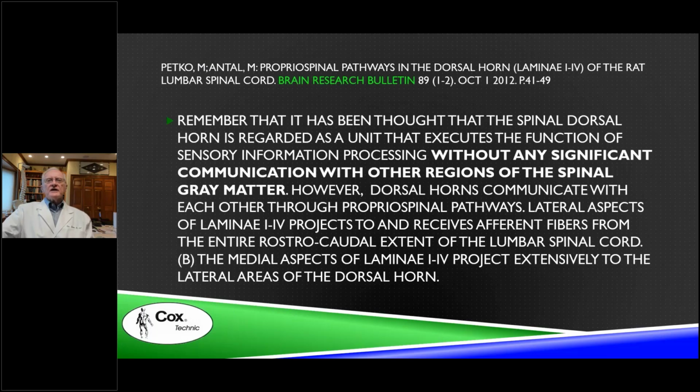Without any significant communication with other regions of the spinal gray matter, this paper is pointing out that the dorsal root ganglion is like a brain in itself, having the ability to accept an afferent impulse, act upon it at that level of the DRG, and even perhaps within the substantia gelatinosa, to produce an efferent pain-relieving impulse that innervates those painful structures. Now, just remember that